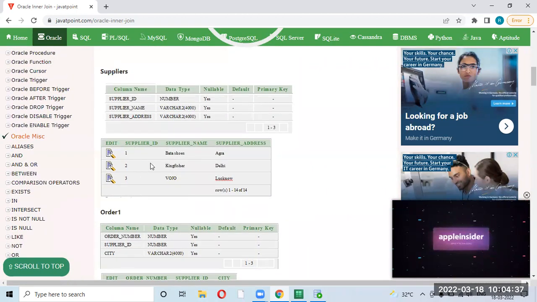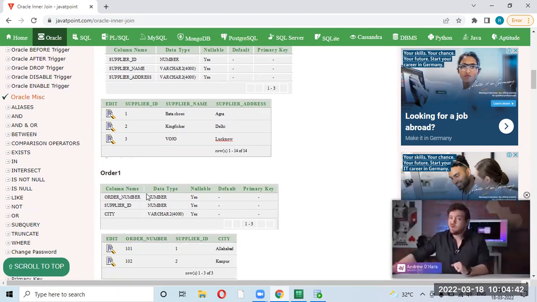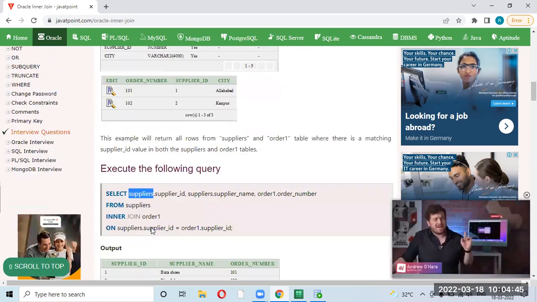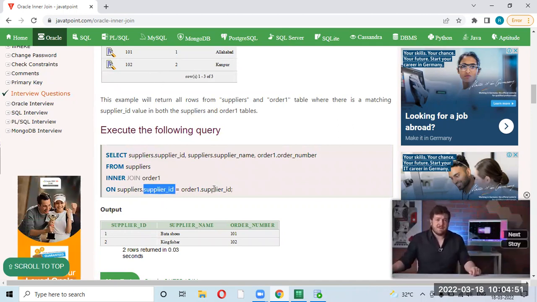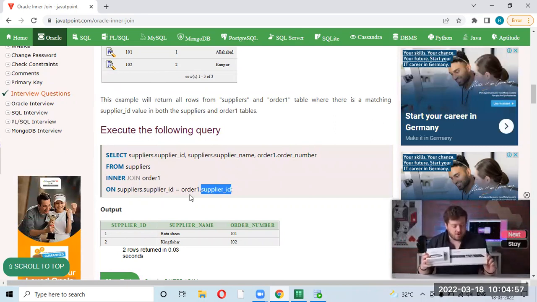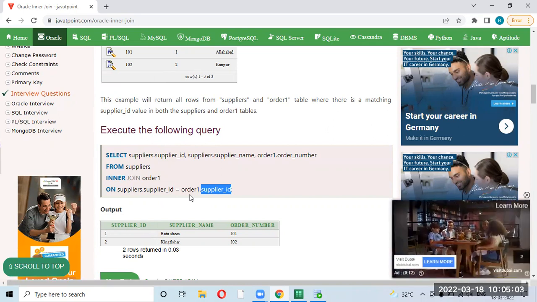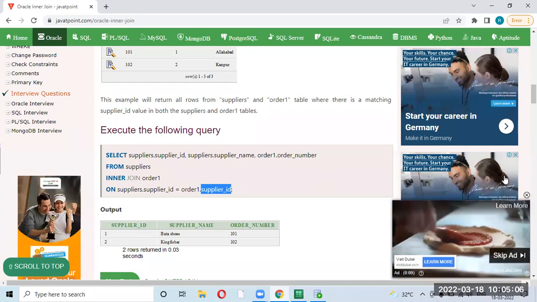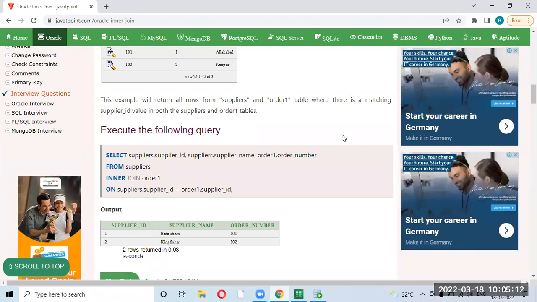So you are doing a column-wise operation, not a row-wise operation. Even when you are matching, you are not matching the complete record, you are only matching the supplier ID. If you try to compare set operators with join, you will always confuse yourself. So keep that aside. For your basic understanding, keep in mind that that is a row level operation and this is a column level thing. There you are merging rows, here you are merging columns. Then it will be very clear.